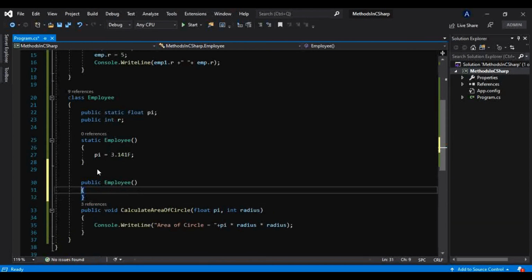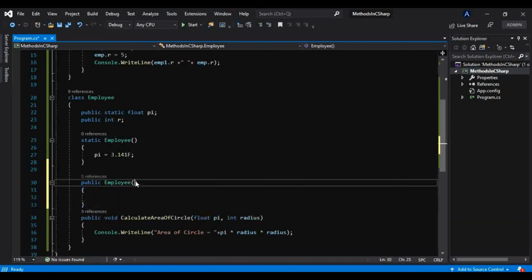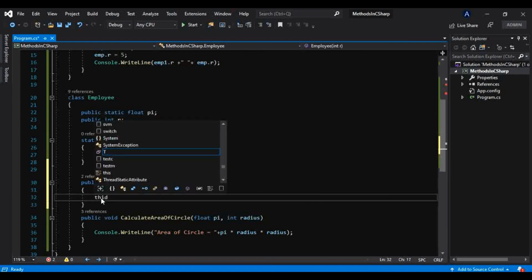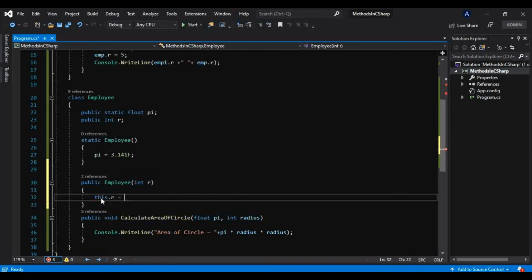I will take an integer parameter r, and whatever comes into this constructor, I will store into this field: this.r = r, like this.